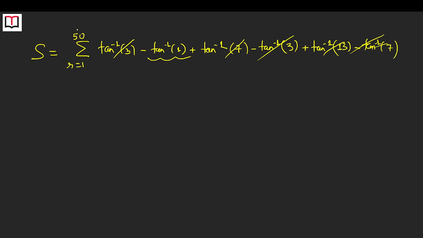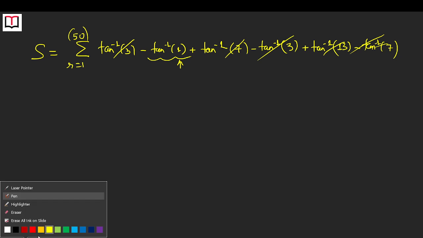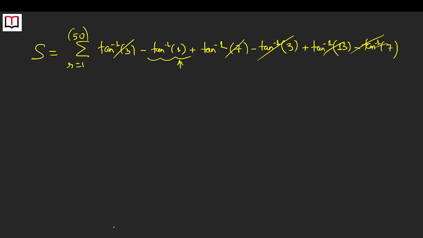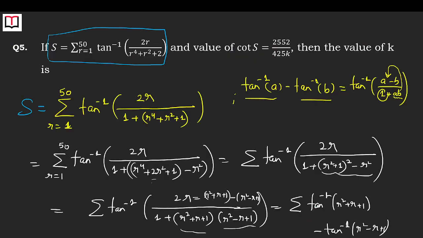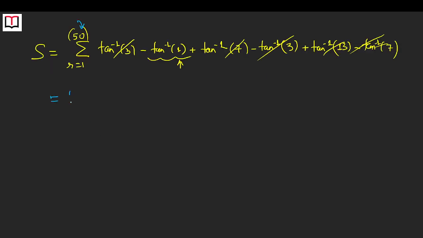The last term will be left when you replace. See, this is a negative term. As I told you all earlier, the number of terms you are left with in the beginning, the same number of terms you will be left with at the last, but with opposite sign. So the last term will have a positive sign, and when you replace r by 50 here, it will simply be equal to tan inverse of 50 square, which is 2500, plus